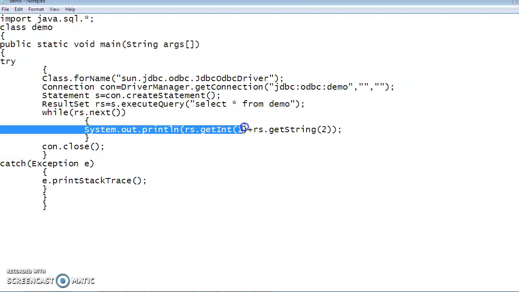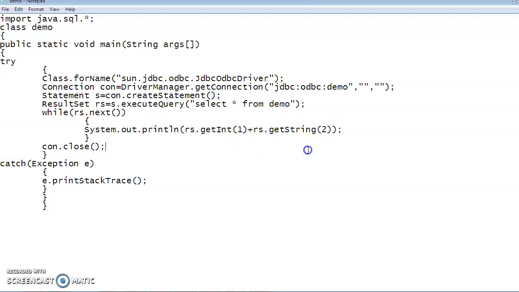So this is your field 1 and this is your field 2, and in field 1 there is an integer value and in field 2 there is a string value, and that's why the names are getString and getInt. And where we are storing that, it is going to be accessed by the result set, and one by one it is going to be stored in that result set until the last record is executed. So that's why here it is written while rs.next.